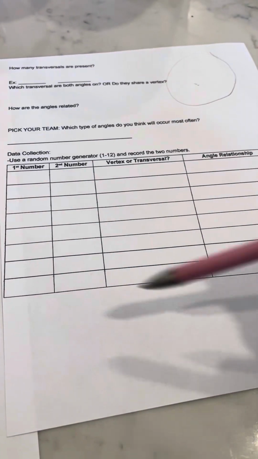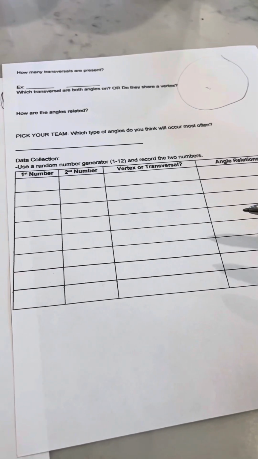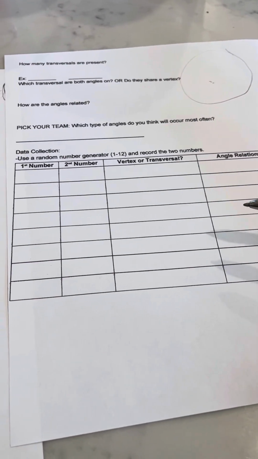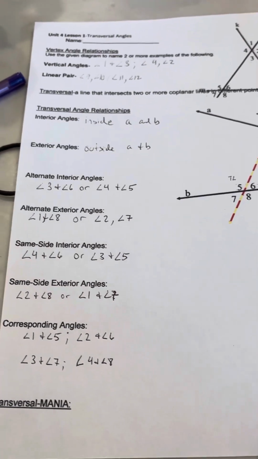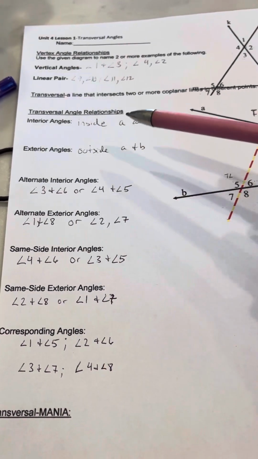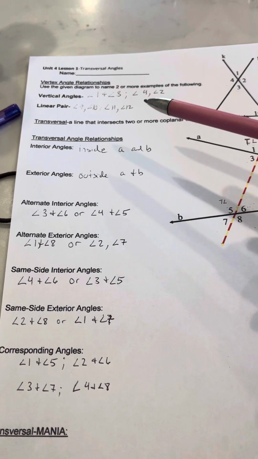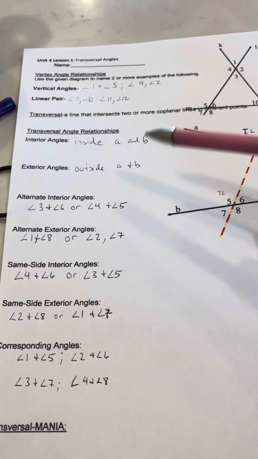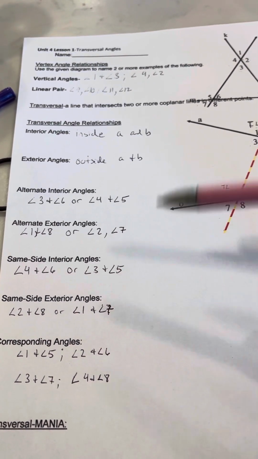Also, this activity here is not the most vital thing you're going to do today. I really want you to understand the names of these transversal and vertex angle relationships. And that's what's going to take you into the criterion B,